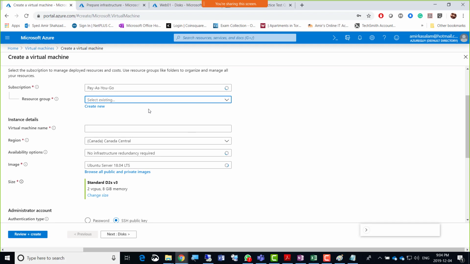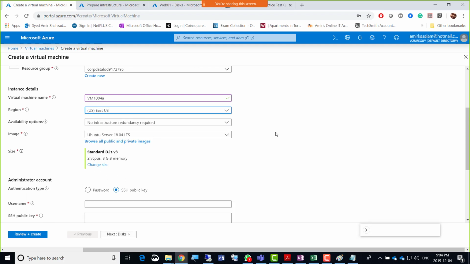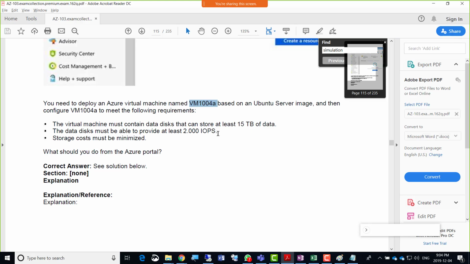It was not coming fast enough. The virtual machine name right now is this, and I'll go for East US, so there are more features there, guys. In the exam, just stick to East US.